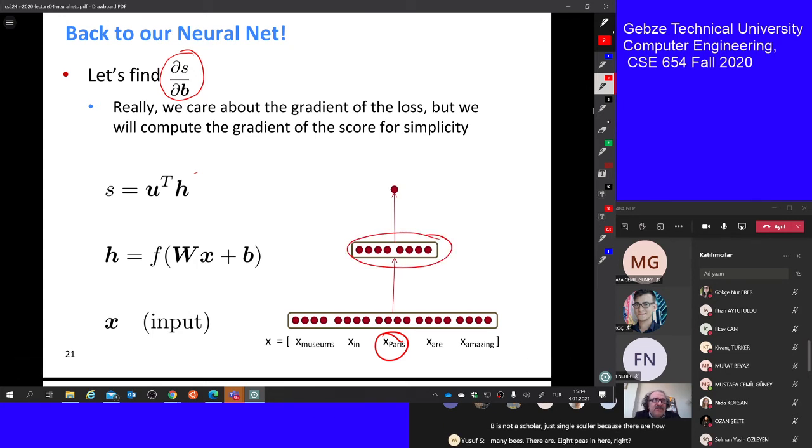So there is no such thing as just increasing B or decreasing B. There are many different directions that you can take. Okay. So this is a nice question. What happens if I change the vector B a little bit? What happens to S? And by taking the gradient,